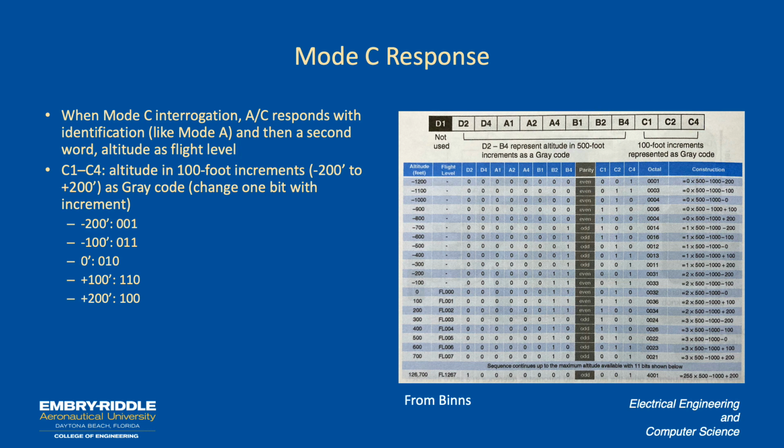As we go from minus 100 to 0, we drop the first bit. You can see you go from 011 to 010. So you only have a 1-bit change. This reduces the errors, in fact. The rest of the altitude is represented as increments of 500 feet, and that's encoded by D2 through B4. And again, that's another gray code, and you can see evidence of that in the